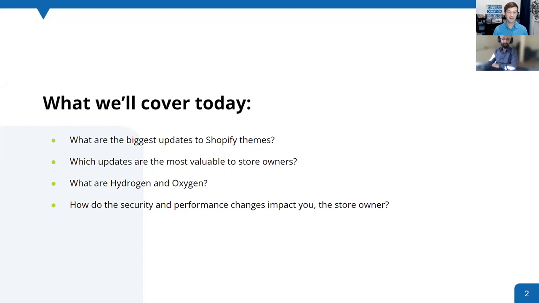One of the big things that we really liked was the announcement around Shopify's Online Store 2.0, or OS 2.0. And we'll talk about some of the specific details there and demo them again as we work through